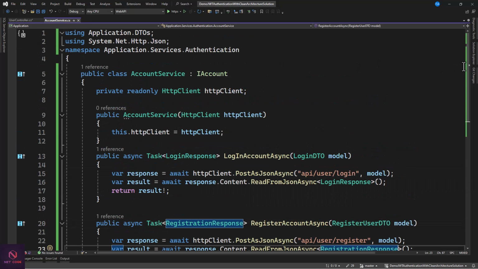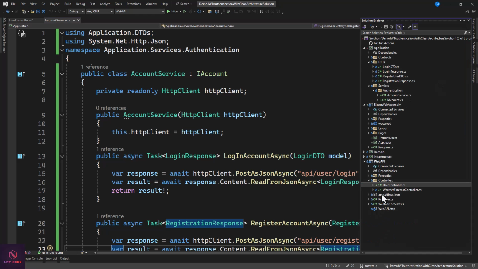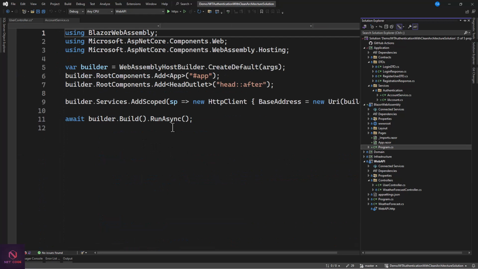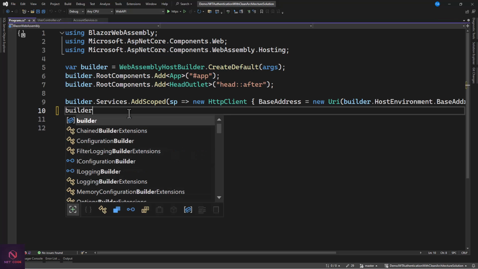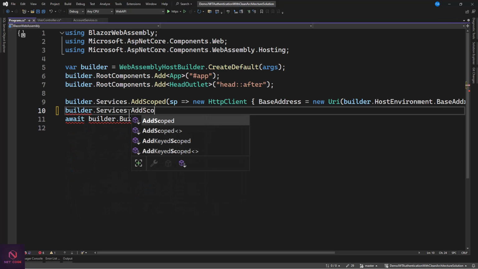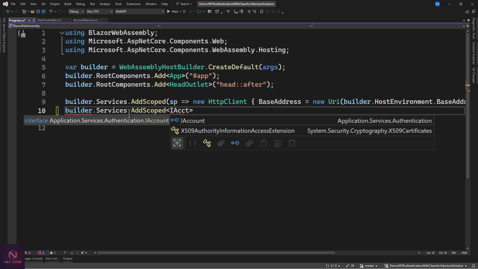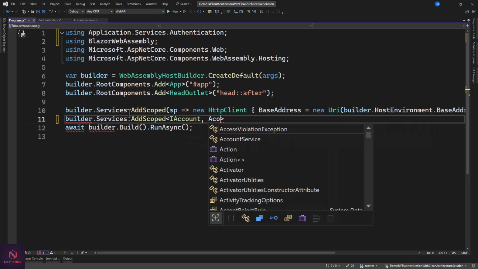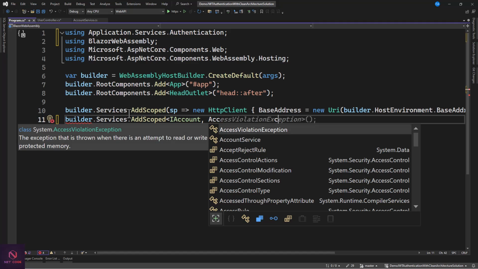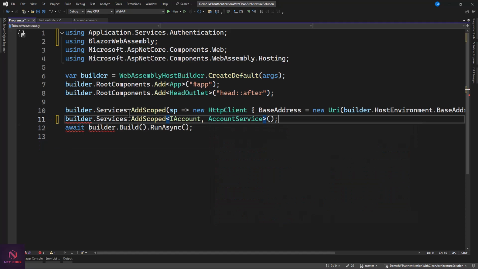We have to register the service. So we're going to consume this. Let's go to the Blazor app, and here you have the Blazor WebAssembly, and that is over here in the program.cs. We can now register this here. Then that is an IAccount, and this is account service. Okay,